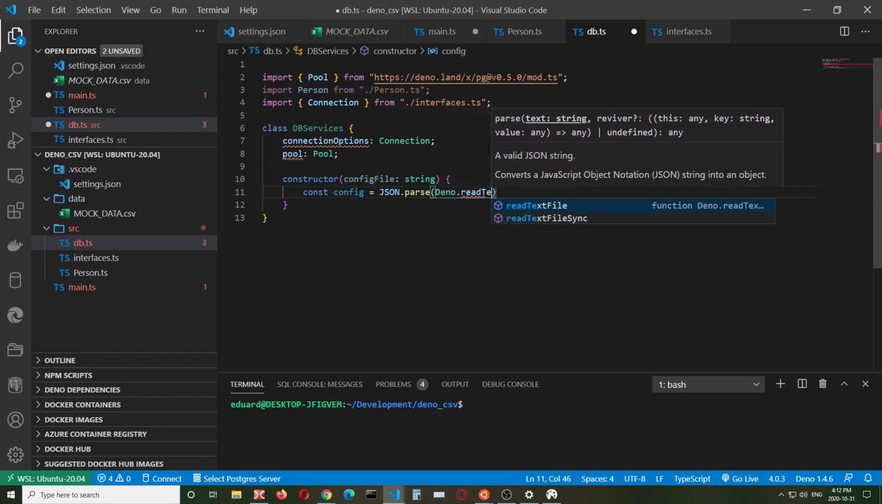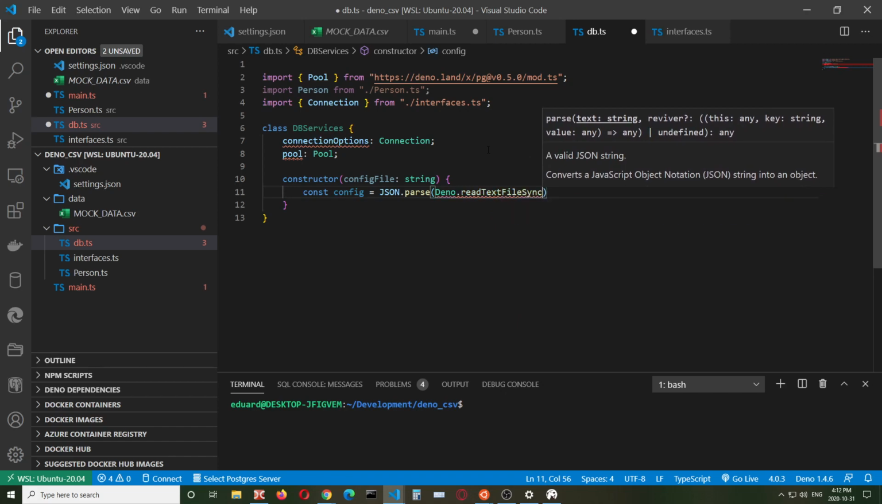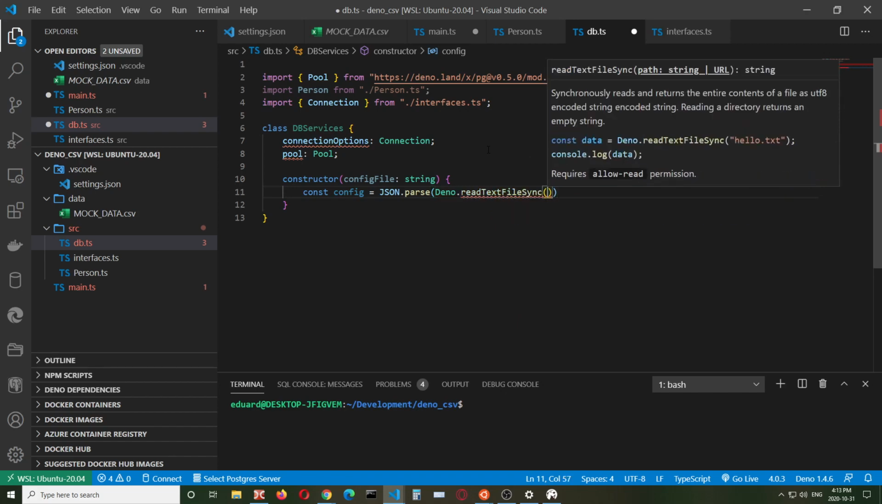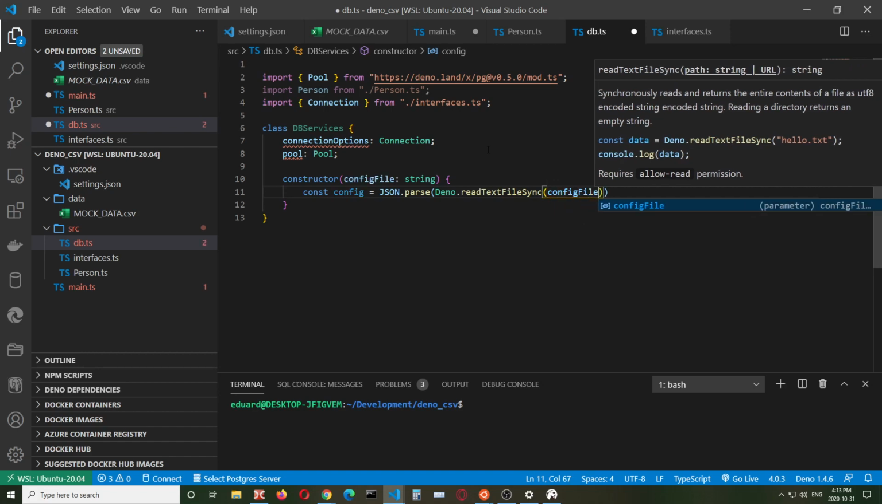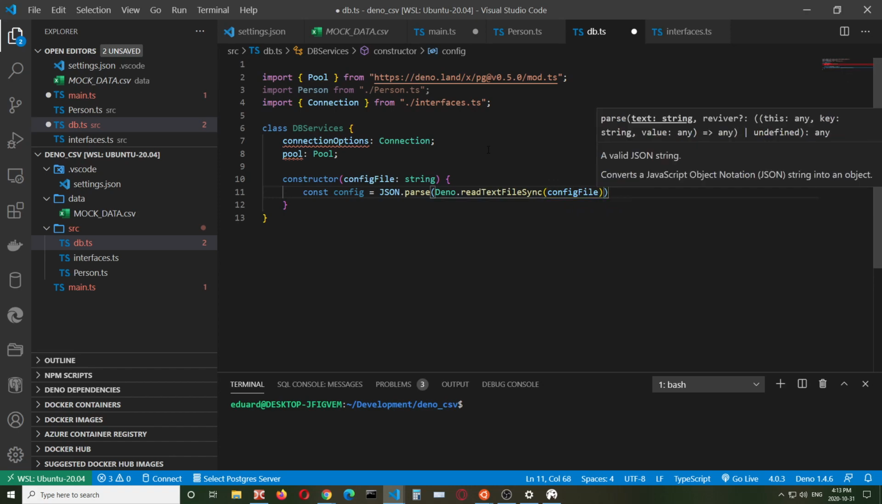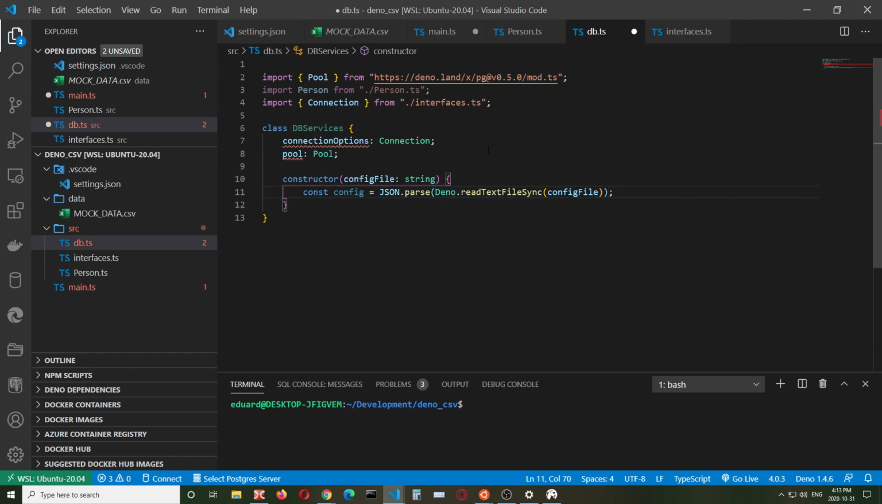read text file sync. We will be using the file reading facility offered by Deno, and you can read JSON files directly like that. So config file. Of course, I'm assuming that you are going to read a JSON file and nothing else, because we are not handling the error in other cases. So now we have the config, which is a JSON object,